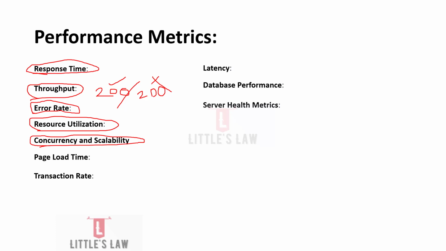And next comes the page load time. Page load time is another critical metric because it measures the time it takes for a web page to load completely, and this affects the user experience and the SEO ranking. So that's why the page load time is very critical, and this is mostly a front end or a client side performance testing part. And next comes the transaction rate. This transaction rate analyzes the rate at which the transactions are processed, and this helps gauge the system's capacity for sustained performance. That's why the transaction rate is very critical.